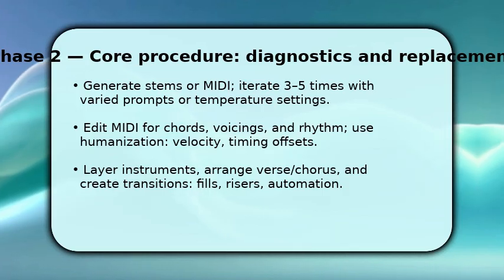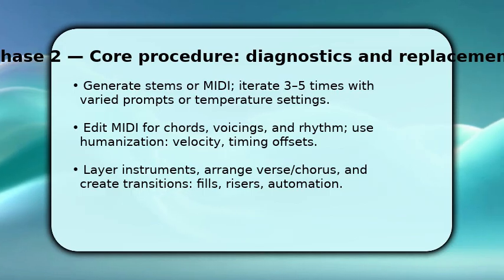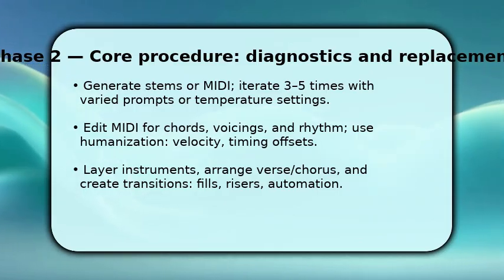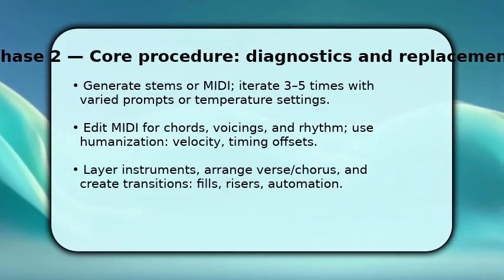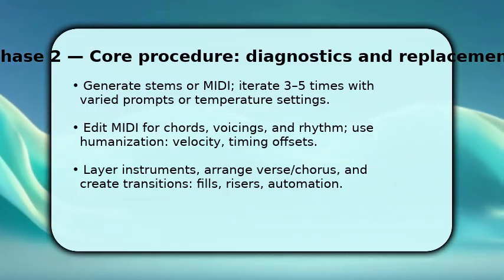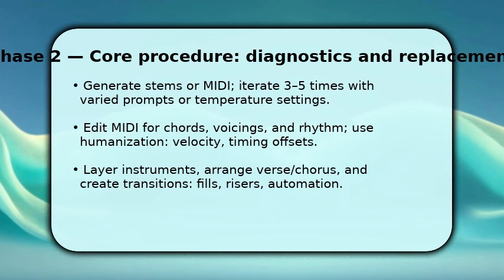After each pass, import MIDI into your DAW and edit chords, voicings, and rhythms to fix harmonic or rhythmic inconsistencies. Add humanization, velocity variance, and small timing offsets so things feel alive. Once comfortable, layer complementary instruments, arrange verse and chorus sections, and craft transitions with fills, risers, and automation to guide